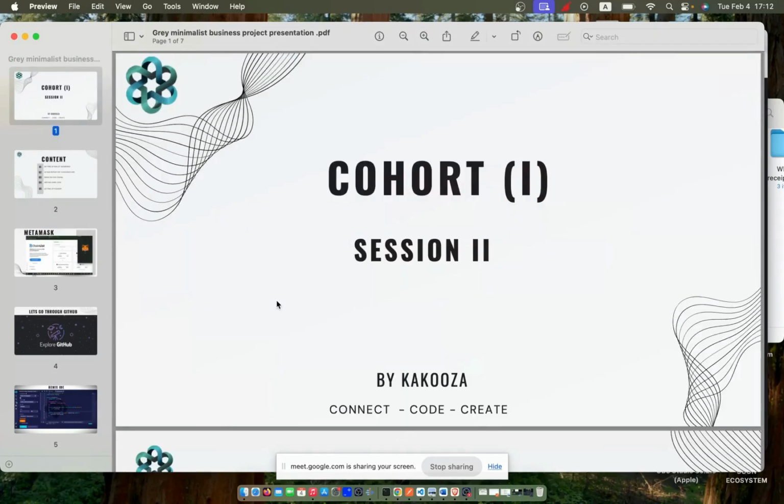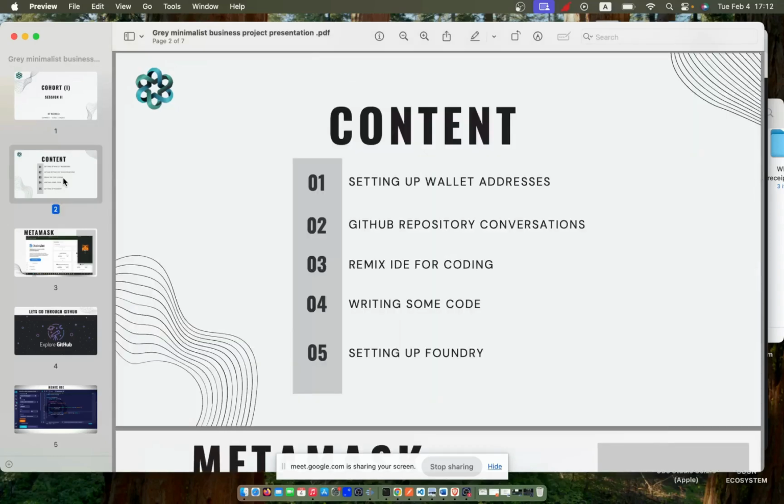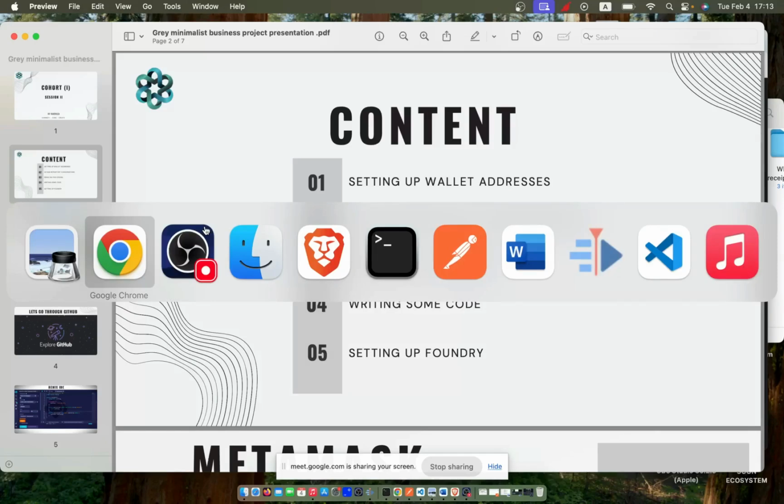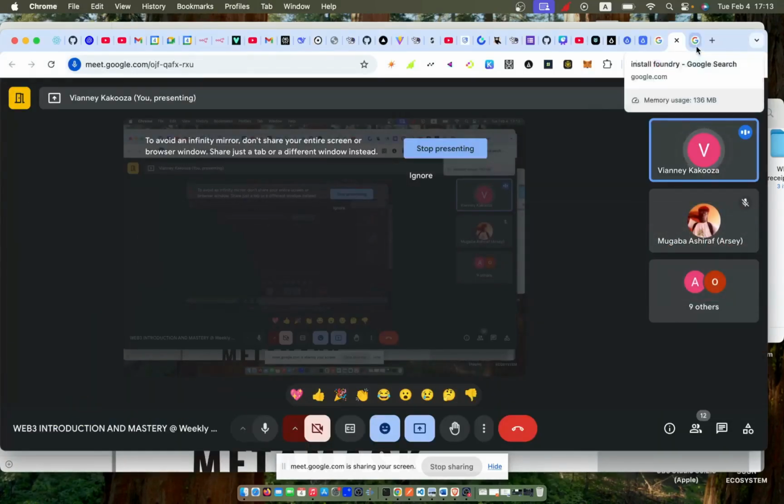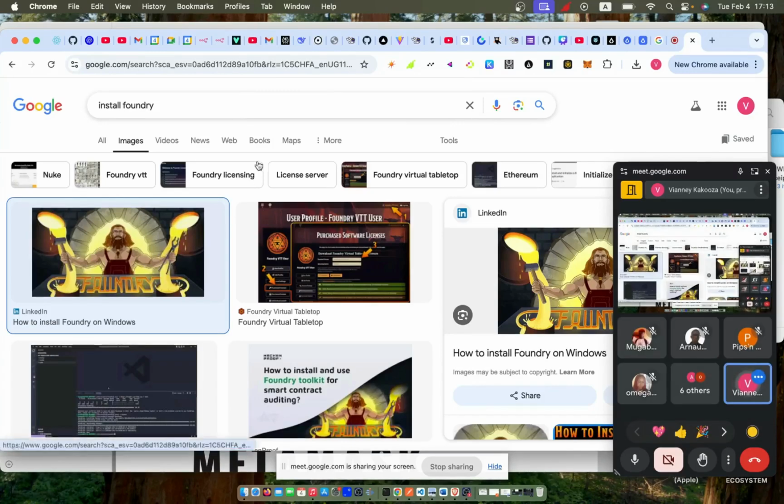Yeah, so this is session 2, and it is going to be by me, and today we are going to mainly look at some of the fundamentals, so setting up a wallet address, and there are very many things to do with the wallet address. So the way you communicate with a blockchain is either through your wallet address or through a smart contract, but I cannot call it communicate. Probably I can call it the way you do transactions, because if you're reading from the blockchain,